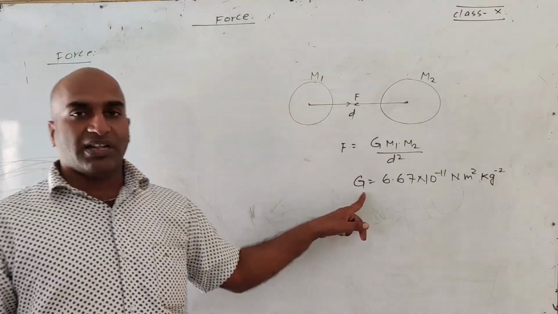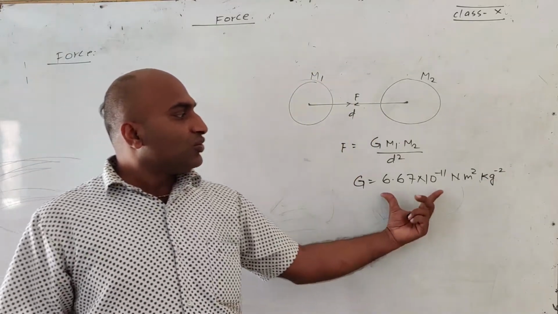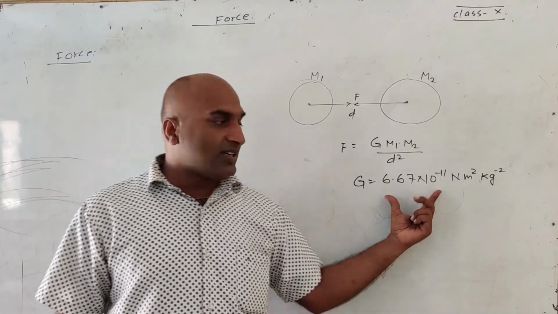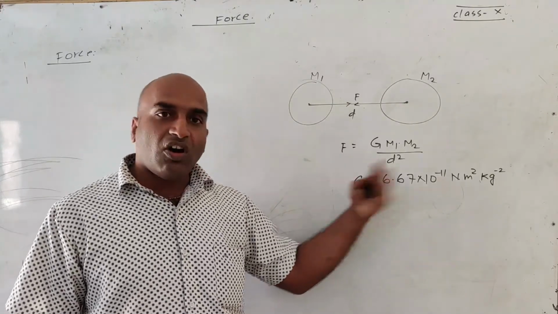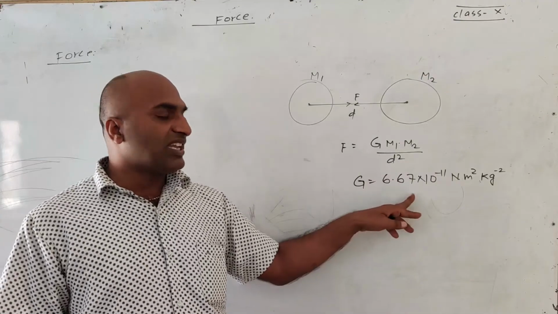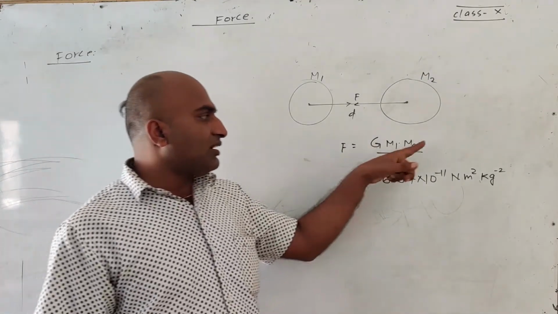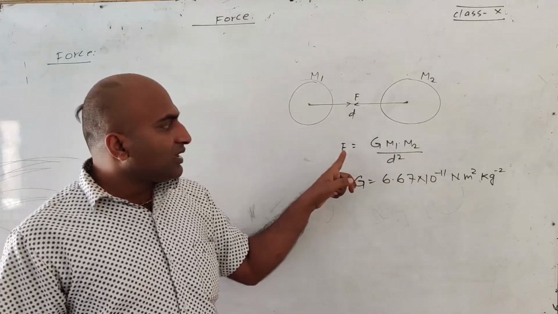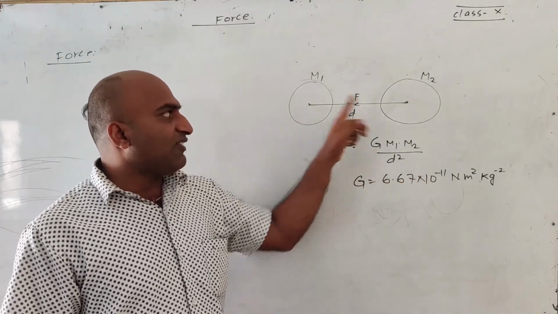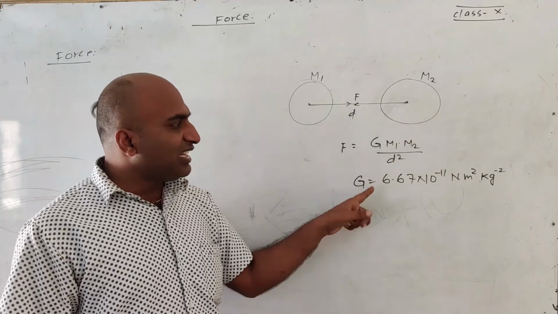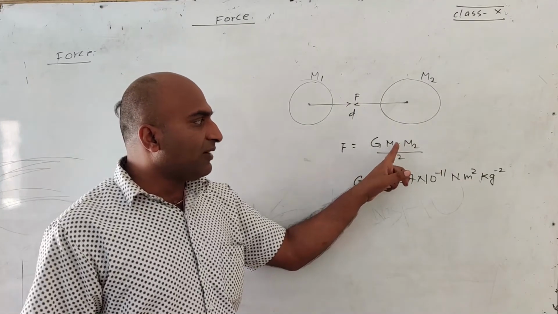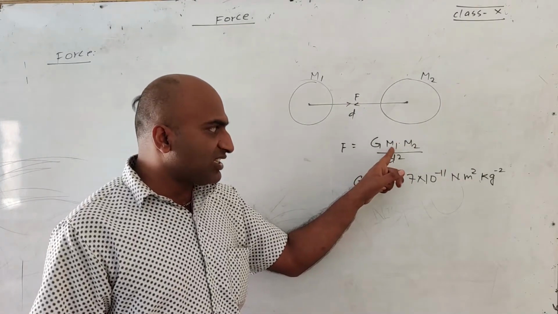The value of capital G, the universal gravitational constant, is constant all over the universe. Therefore, we say it is the universal gravitational constant. According to this formula, the gravitational force of attraction between two bodies depends upon these factors: the masses of the two bodies